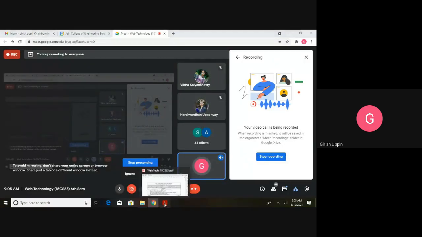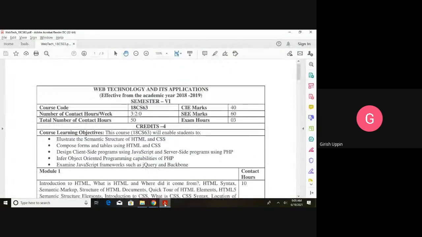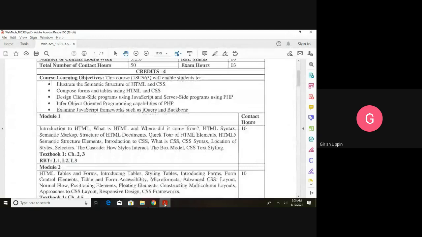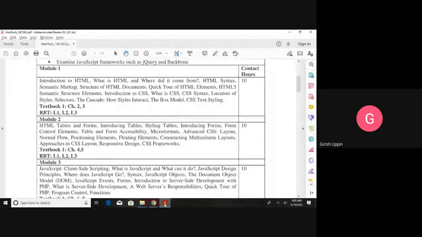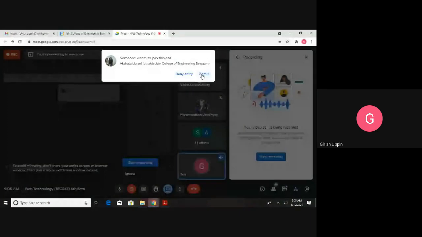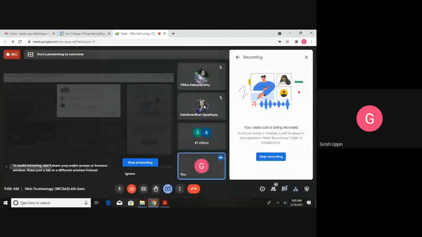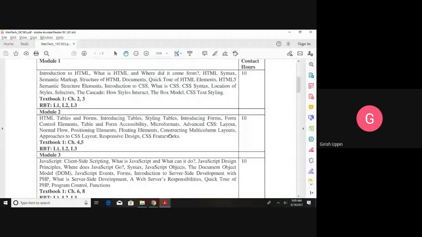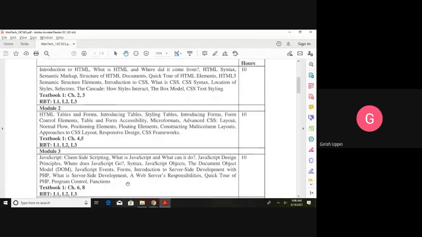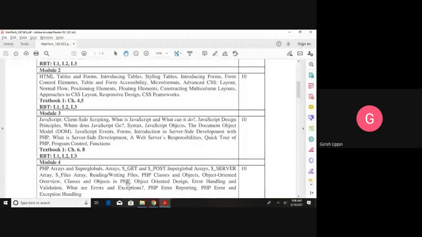And in today's session, we will look into lab programs 1 to 5. These lab programs are based on whatever you learned in Module 1, HTML, CSS, Module 2, Advanced CSS, and JavaScript, and JavaScript functions, until this 2.5 module, until the JavaScript events. And from forms, this is a server side. We can use it on the server side. So based on that, we can easily do the program 1 to 5.